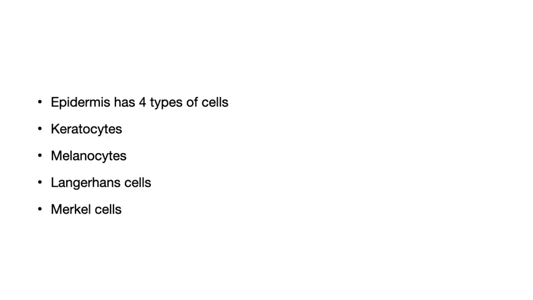The epidermis has 4 types of cells. Keratinocytes, which produce keratin. It is a protein that protects the skin from heat, microbes and chemicals. Melanocytes produce melanin pigment, of course, to impart color to the skin, and it also absorbs the UV light to protect the skin. Langerhans cells are the cells which actually participate in immune response and they protect the skin. Merkel cells are located in the deeper part of the epidermis and they act as receptors for touch sensation.